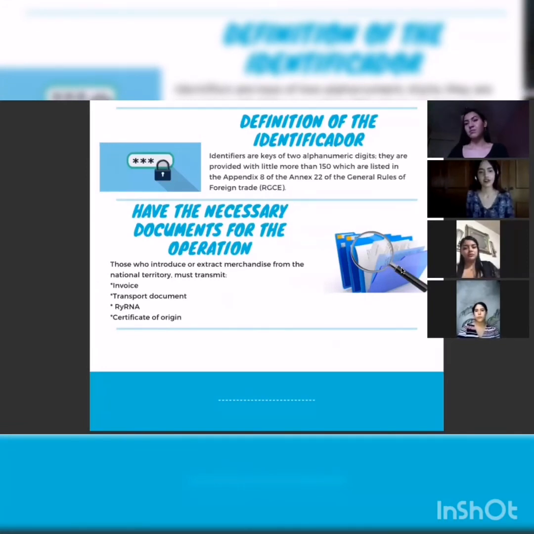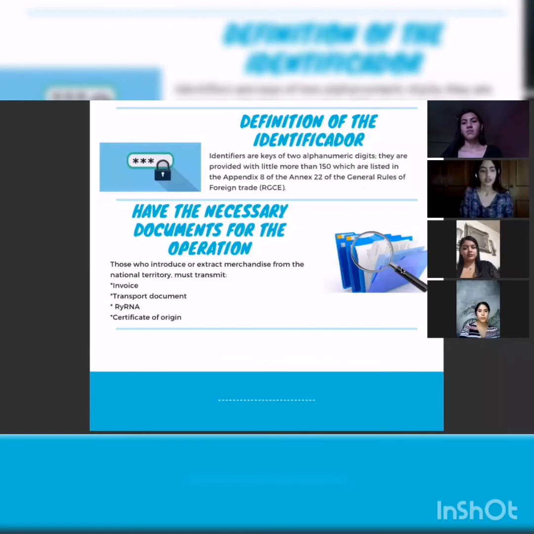Okay, now the last one will be having the necessary documents for the operations. According to Article 36A of the Customs Law, the customs broker, customs agency, and those who want to introduce and extract goods from the national territory to give it a customs regime must transmit in electronic or digital documents some annexes to the entry request. Some of these documents